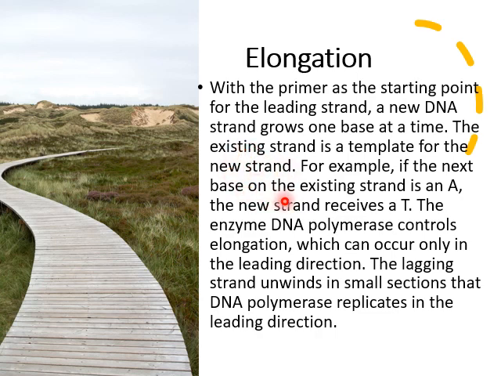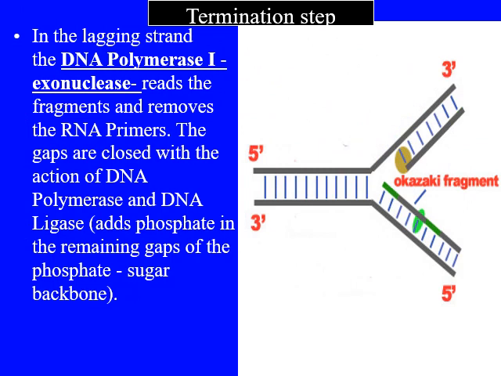So the elongation step ensures that complementary bases are added to each other. The lagging strand unwinds in a small section that DNA polymerase replicates in the leading direction, and it continues until all the bases have been added. After addition of all the bases, it now gets to the termination step,